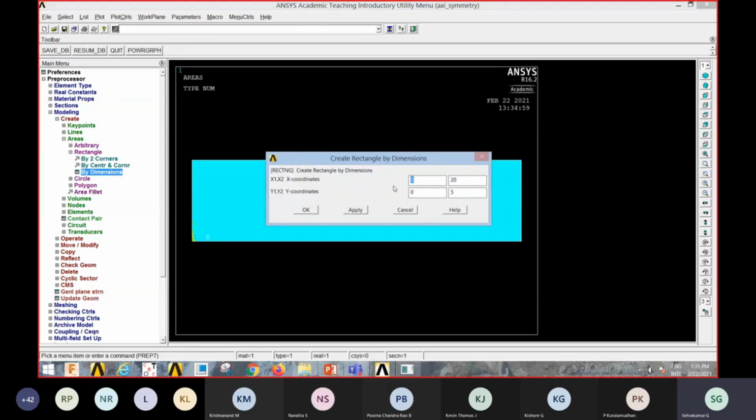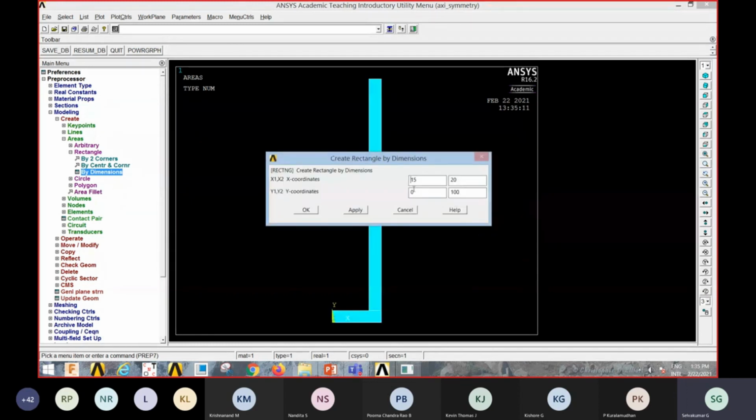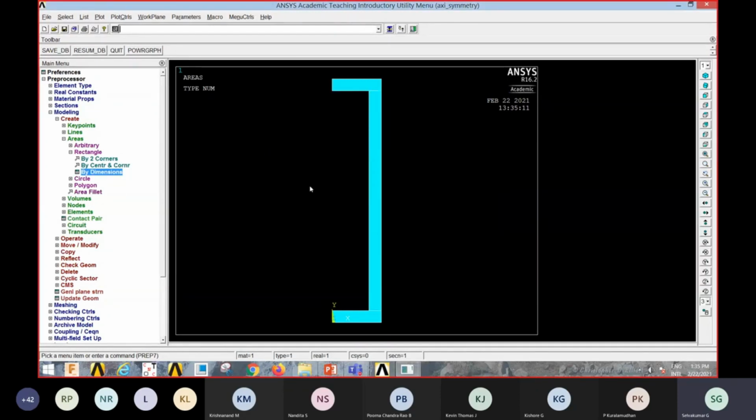Again you have to define the next one, 15, and again 20, 100, the next end. Apply, you will be getting that one. And here 0, 95 and 20, 100. You can keep it as such. Apply, so that you can generate this one. So 3 areas we have created.